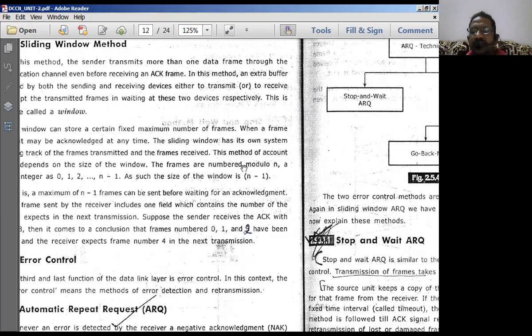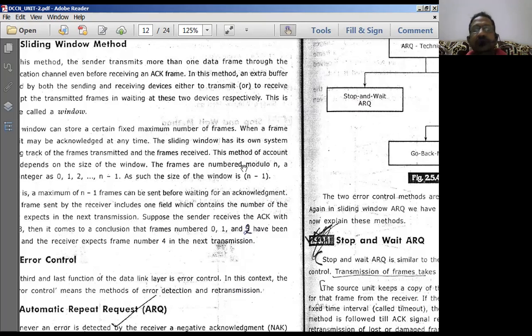We always start with 8 frames. So imagine that every source and destination station has temporary buffer registers to store 8 frames of data.